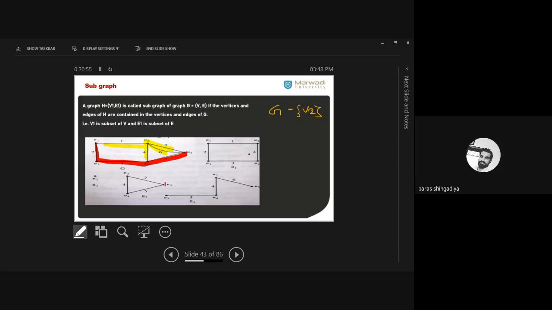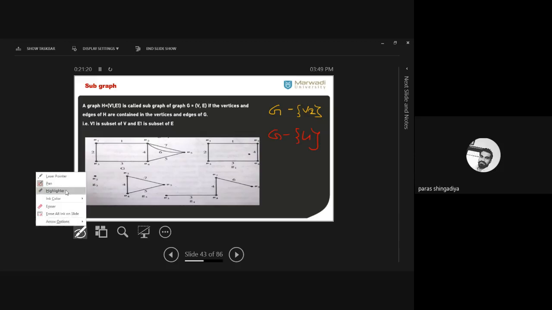Clear? And another situation: if I delete G minus 4, what does it mean? You have to delete an edge. The edge number 4 has to be deleted from the graph. What does it mean? Which shape will be remaining? When you delete the 4th edge, remove the edge number 4 from here. This edge you have to remove. So what will be the remaining shape? The boundary, because only the edge is deleted, the end points are not deleted.